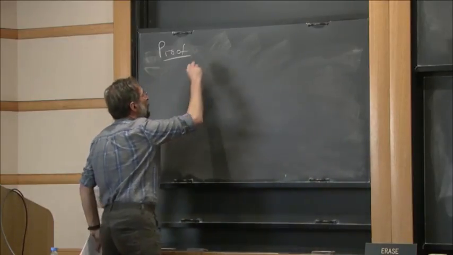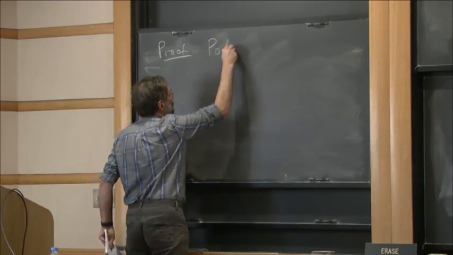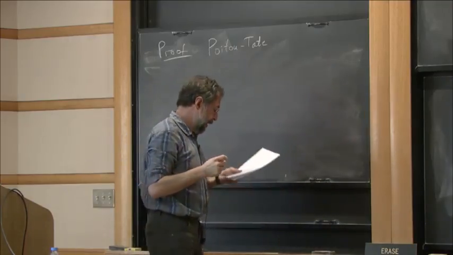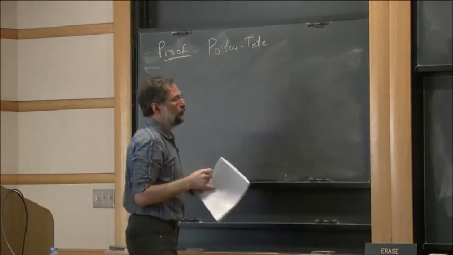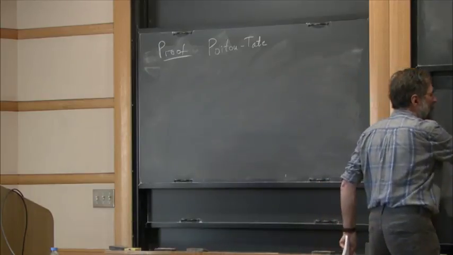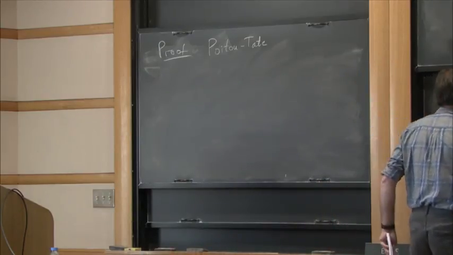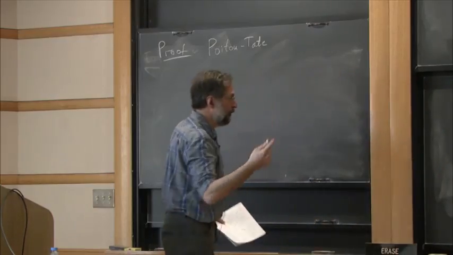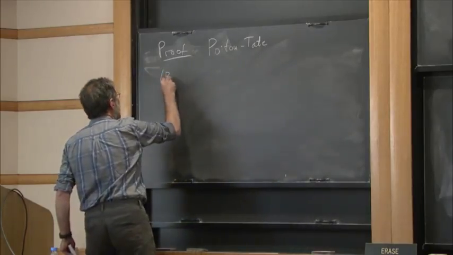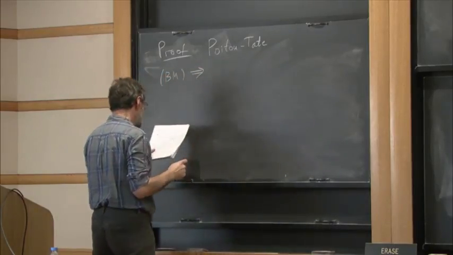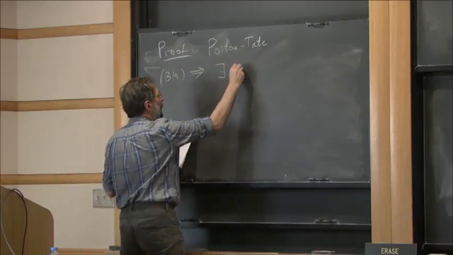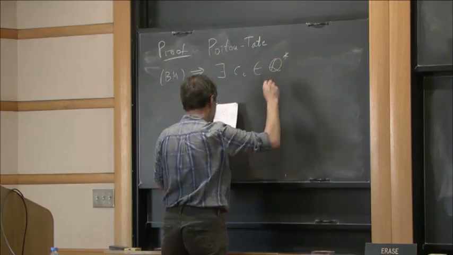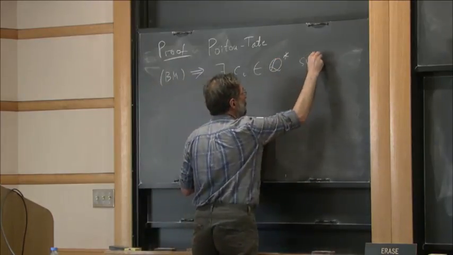The easiest possible case of Poitou-Tate duality, which can actually be found in Serre's course in arithmetic, says that this condition, let me call it Bm for Brauer-Manin, or maybe product formula, implies that there exists, for each i from 1 to n, a Ci, a non-zero rational number, such that